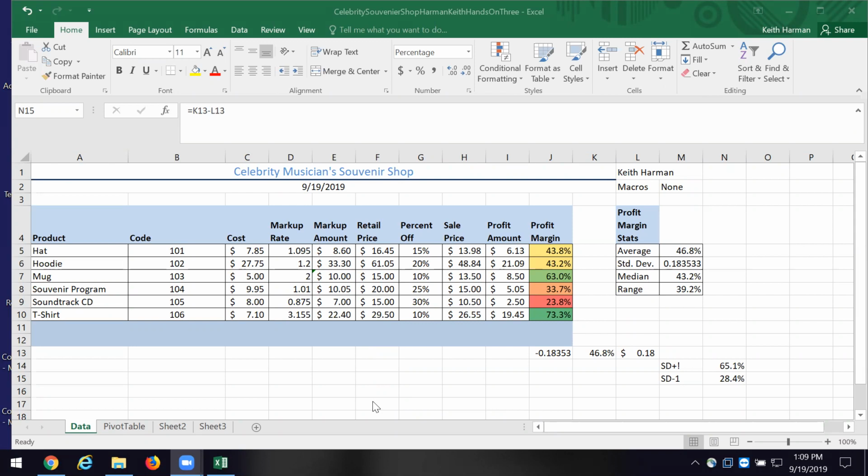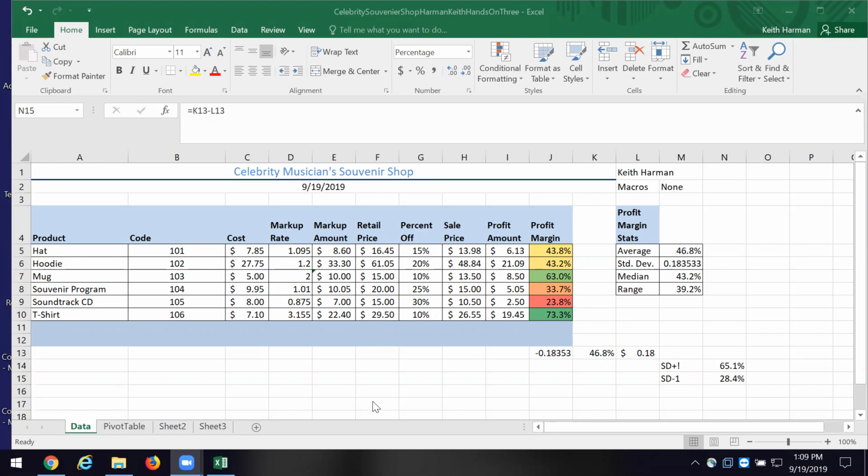I have 6 costs, 6 markup rates, 6 markup amounts, 6 retail prices, 6 percentages off, 6 sales prices, 6 profit amounts, and 6 different profit margins. I've got a lot of combinations I could work with.